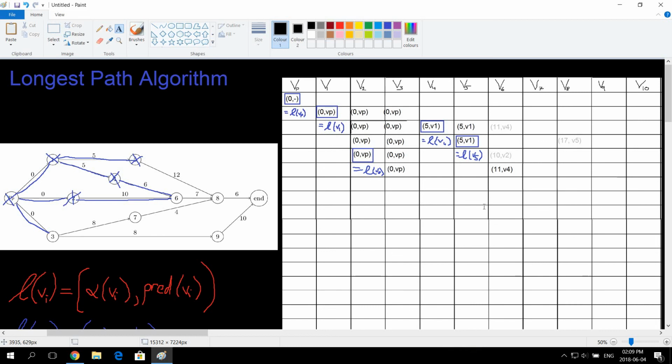So now, with this being explored, we have something here in V6, but we haven't chosen it. See, as I choose them, I'm crossing them out. So you need a cross in order to explore. So V6 is the highest one. So we're going to pick it over here in this row,